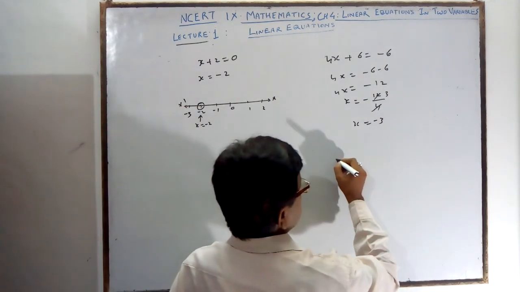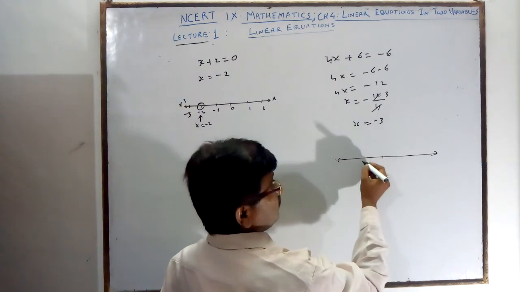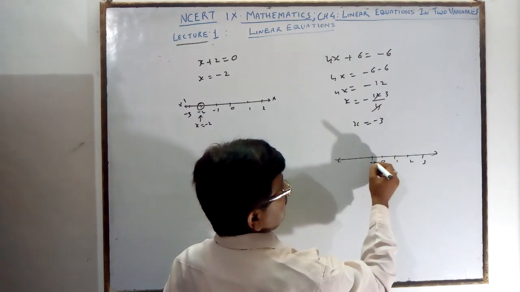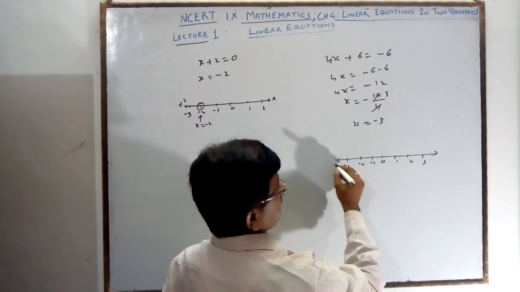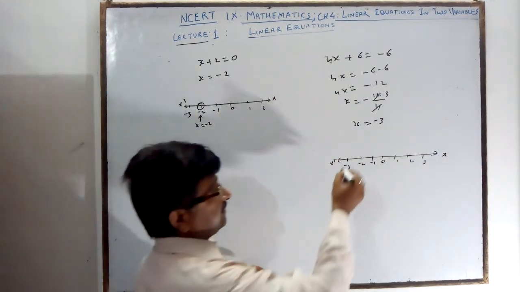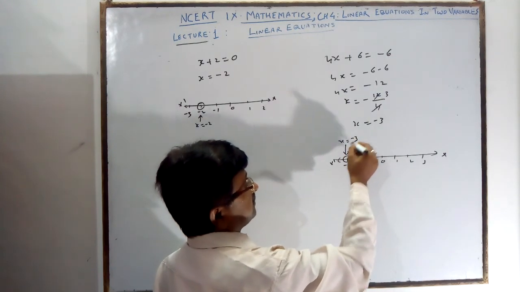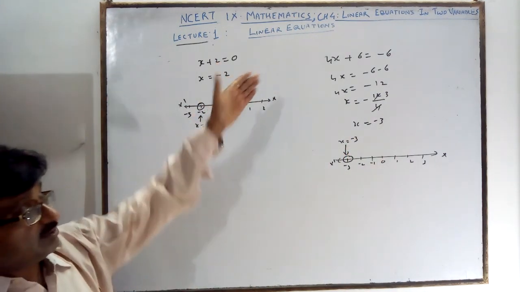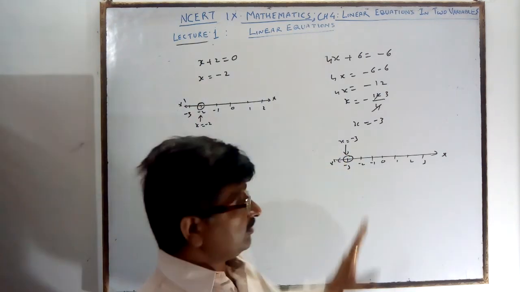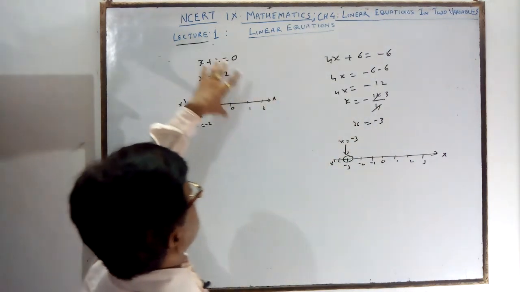So you can also express it on the straight line. By this point many lines can pass through. Here minus 1, minus 2, minus 3, the x dash x axis in the coordinate geometry. Then here it is x is equal to minus 3. So by this equation you are getting one point, minus 3 comma 0. When you plot this, you can draw this line. So this is one variable.